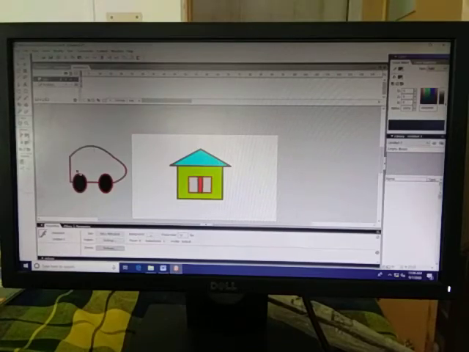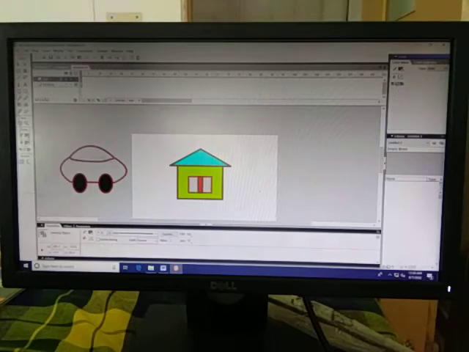Make it a little bit larger, and push it back a little. And then with the help of the pencil tool, draw this, and draw this, and draw this, and draw this. Okay, and fill any color.